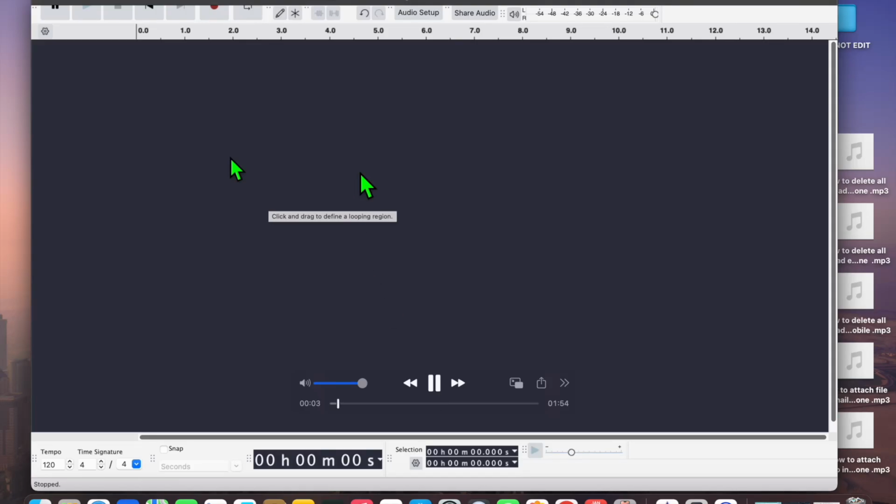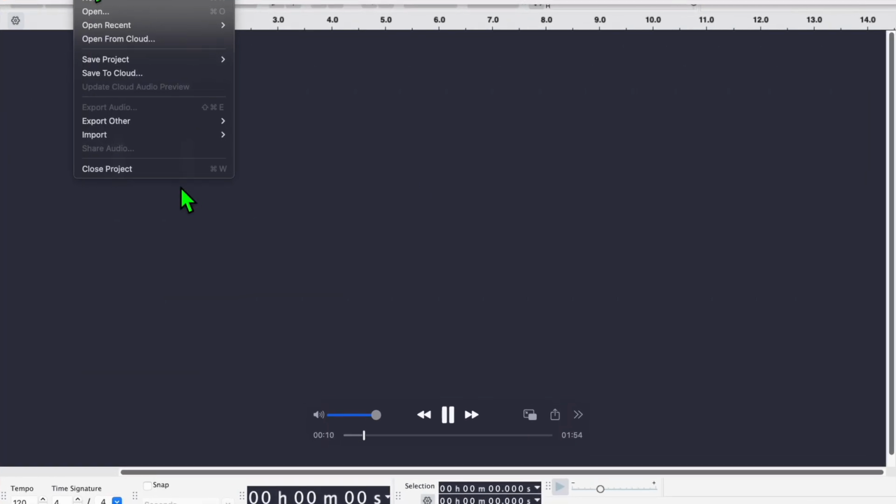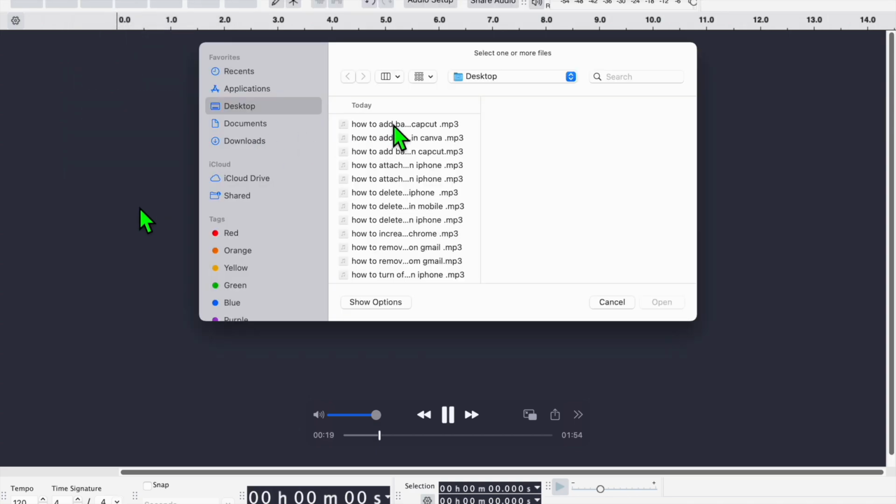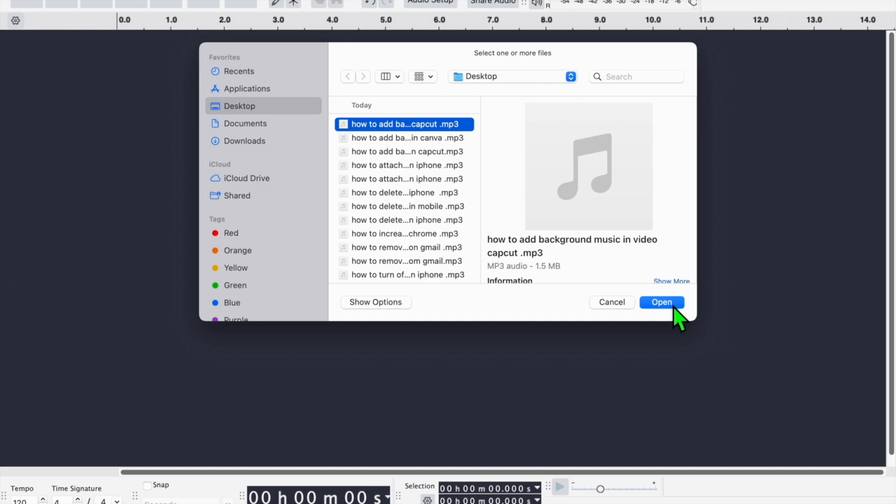In this tutorial, I'll be showing you how to use Audacity to combine audio. The first thing you want to do once on Audacity, you're going to go over to the top left hand corner and select File. After selecting File, you're going to tap on Import. Then from there, you're going to tap on Audio and you're going to select the audio track that you would